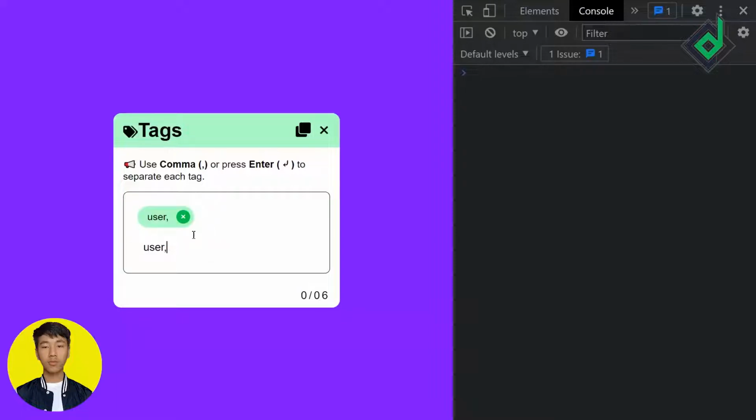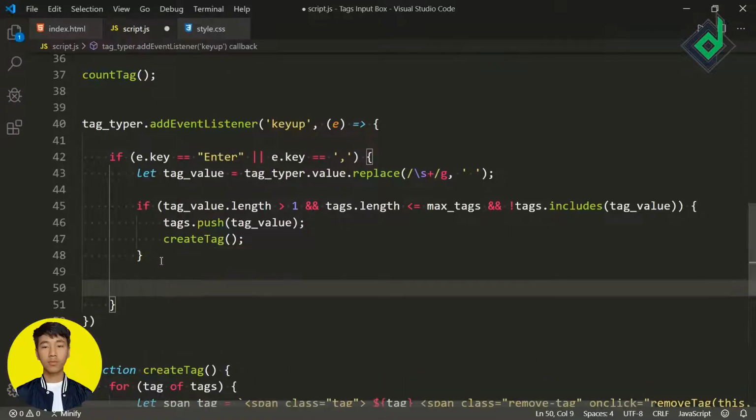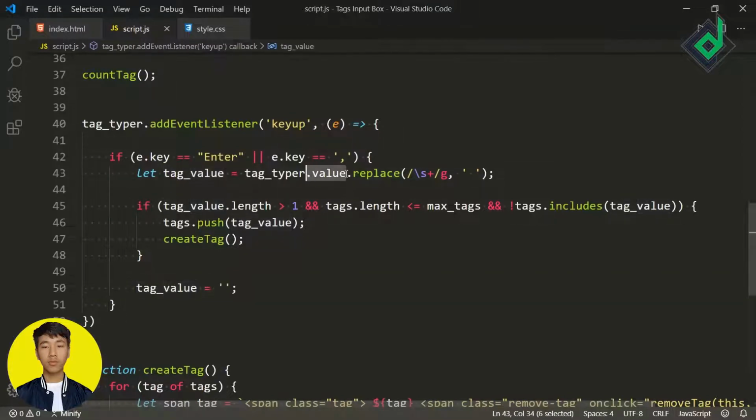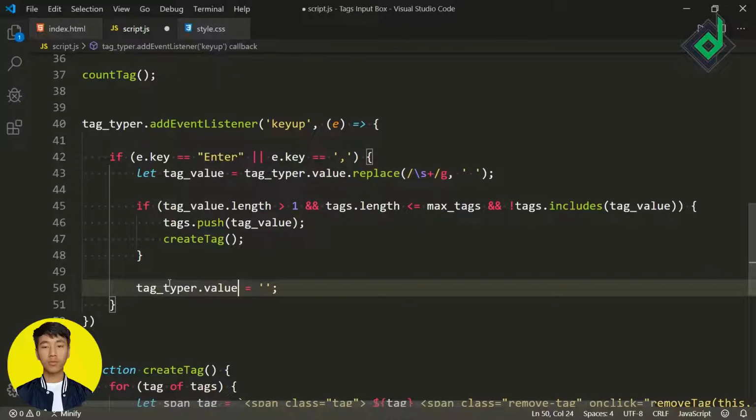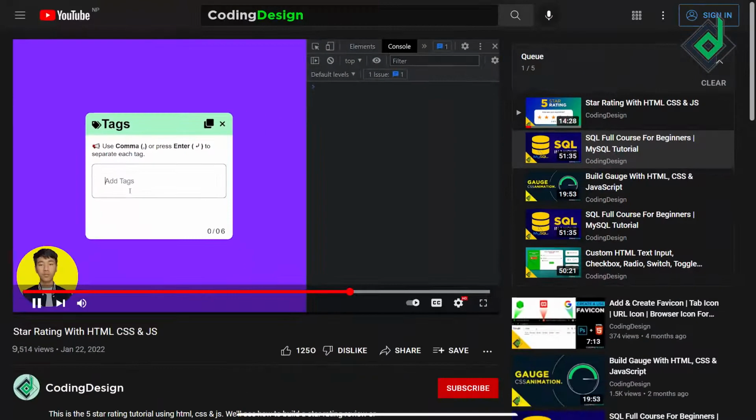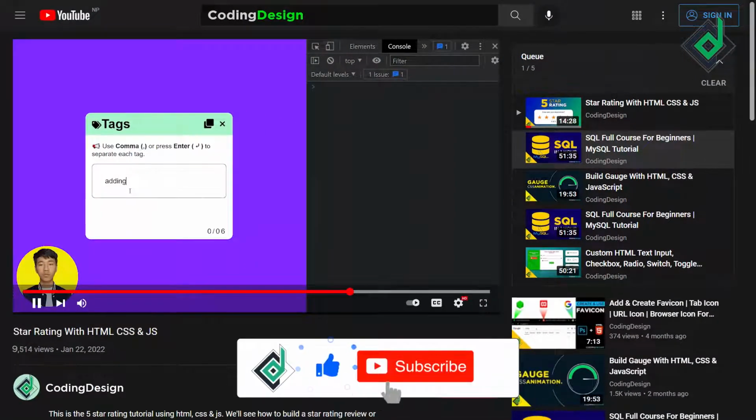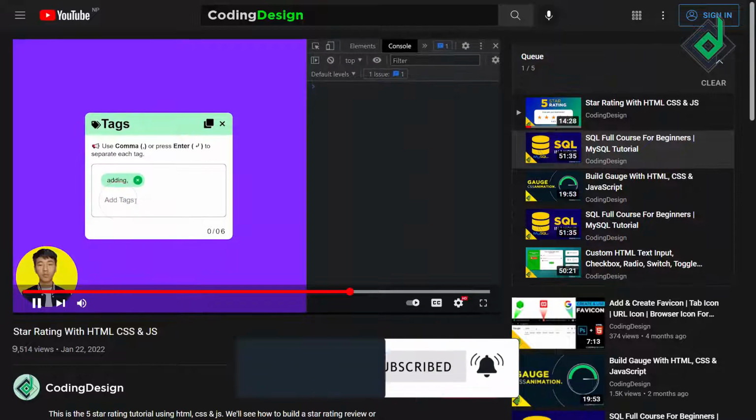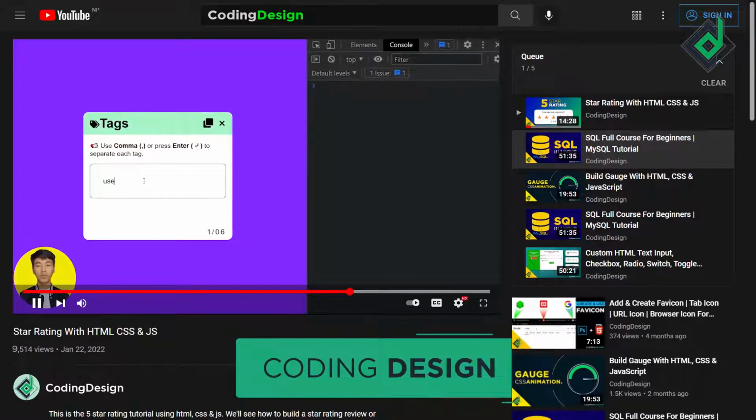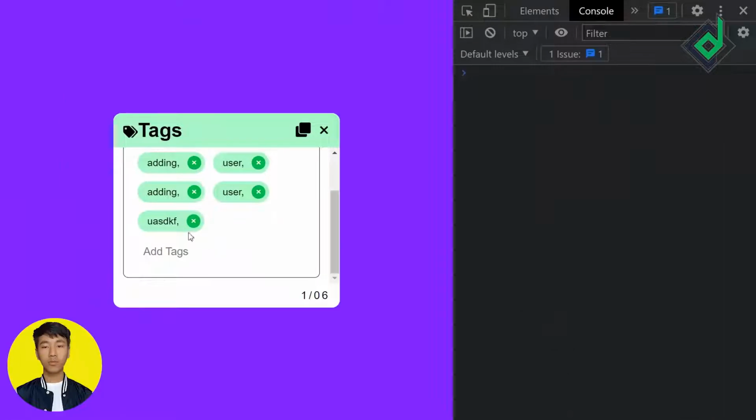automatically generated? But what I want to do is that as soon as you create the tag, I want to remove the value of that input text field that you have entered. So in order to do that, if I give tag typer dot value is equal to empty string, then we can achieve that. Once again if I type, did you see? As you can see, when I create other tags, the tags are duplicating. So in order to prevent that,